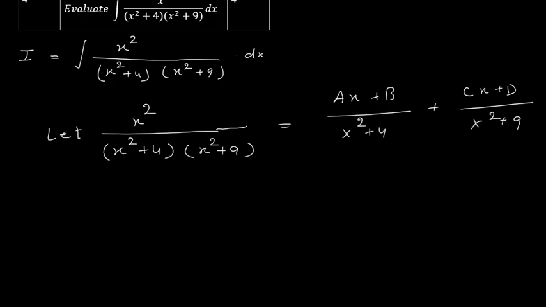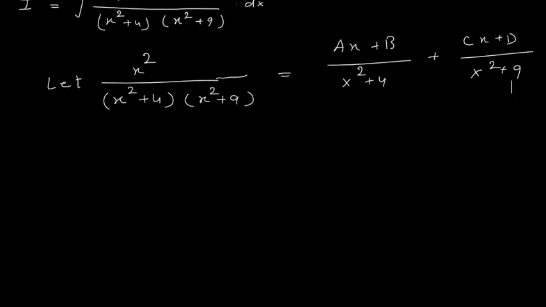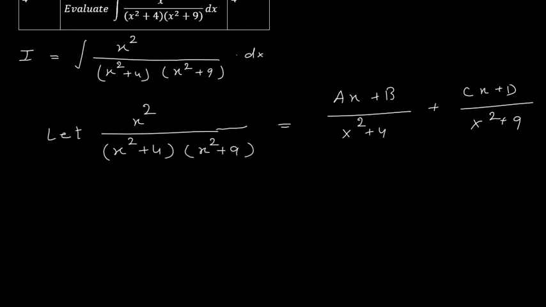100% the value of a and the value of c we will get as 0. Okay, why am I saying that? Because here in the numerator we have only the x square term involved. So when there is only an x square term involved, it is better that we substitute this x square with some other variable, say y, p, q, like that. Then the denominator will be a linear function and the numerator is also a linear function, and then the decomposition will be of the type a upon something plus b upon something. Okay, so there are only two unknowns that you have to find.